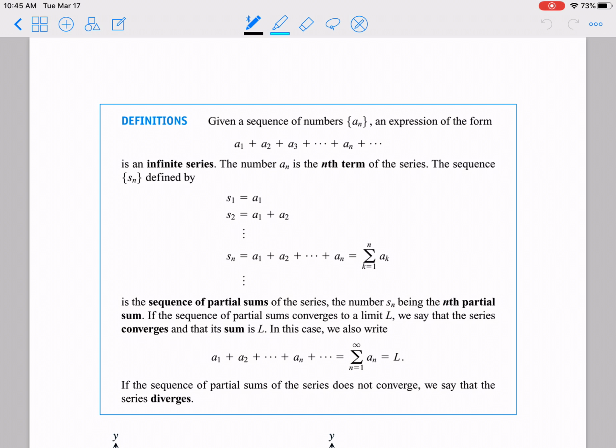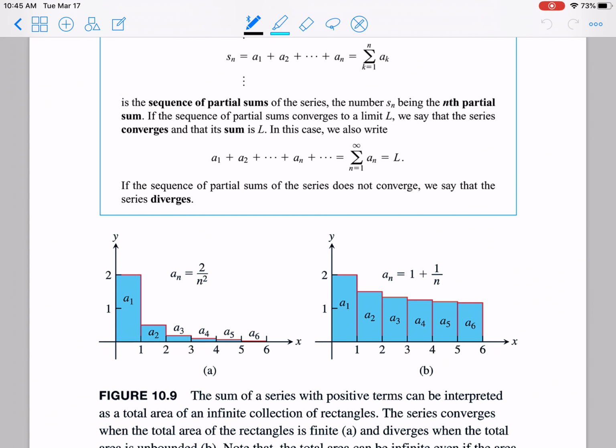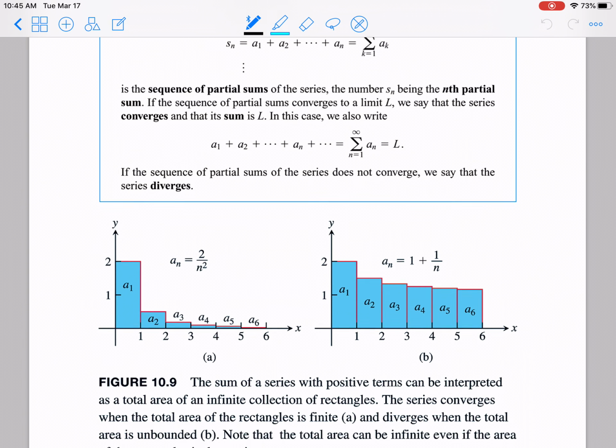So this is kind of similar to what we had before, except we're summing them up, and either they're going to add up to be a number or they're not. They're going to just keep going crazy and blowing up to infinity or going down to negative infinity. And so you can see something like here,